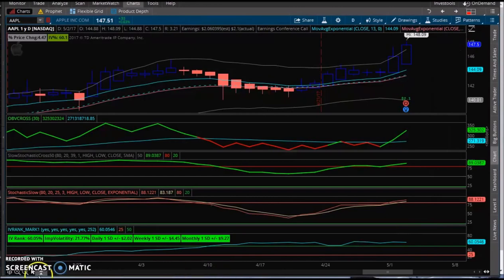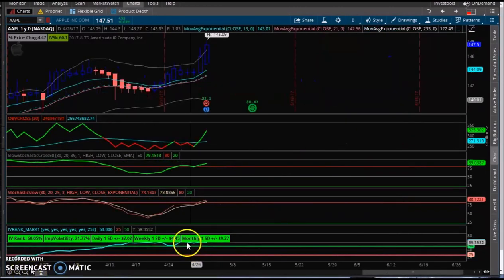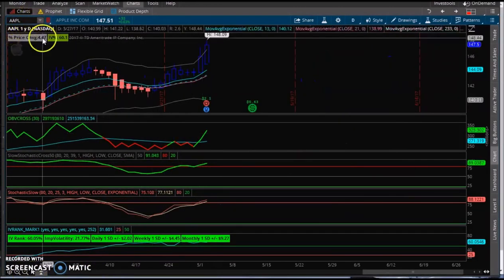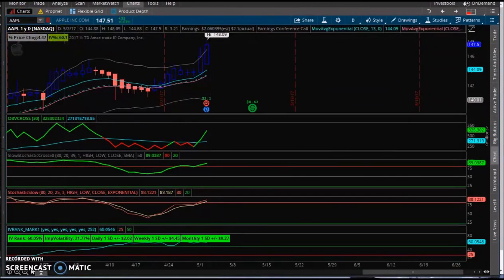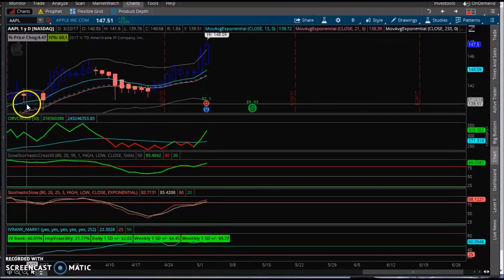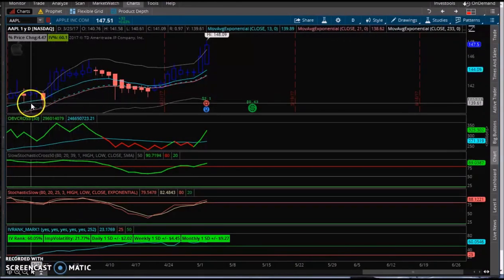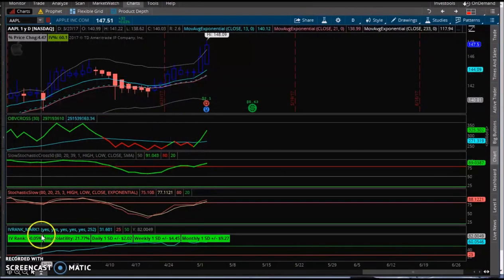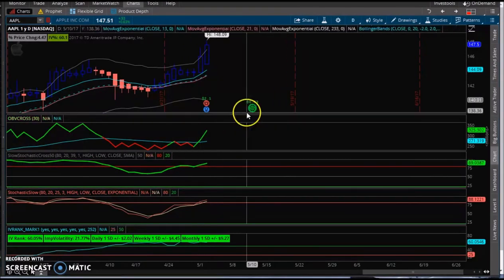And look at IV rank. If I zoom out just a little bit, you can see IV rank's at 60.1 over here, right? And you can see IV rank has been climbing in Apple from here, because as you get into earnings, IV rank always climbs higher. So with earnings, it's usually a volatility play, meaning